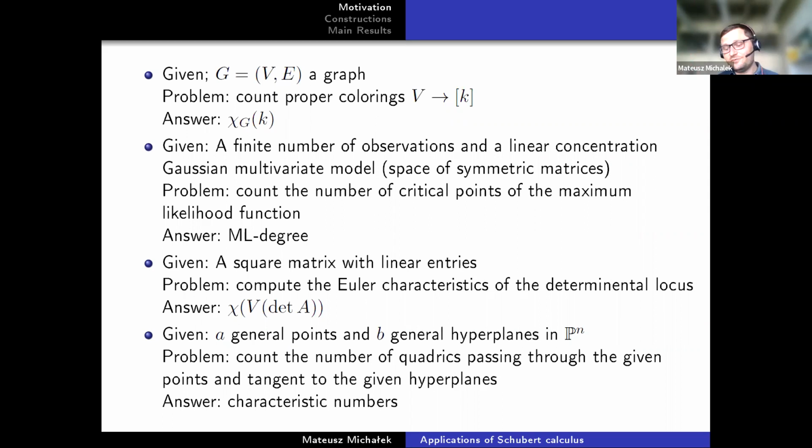Of course, if we are dealing with a subspace coming from a graph, then looking back at the combinatorics of the graph would probably be helpful. But already for symmetric matrices, there is no chance like that, or at least we do not yet know the combinatorial object that would be the counterpart of the graph, and it probably doesn't exist. Yet the counterparts of chromatic polynomials, for example, exist.